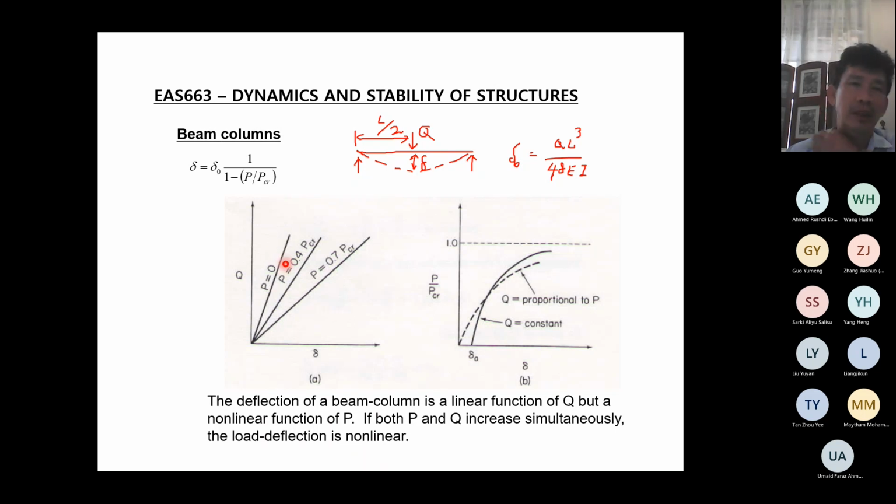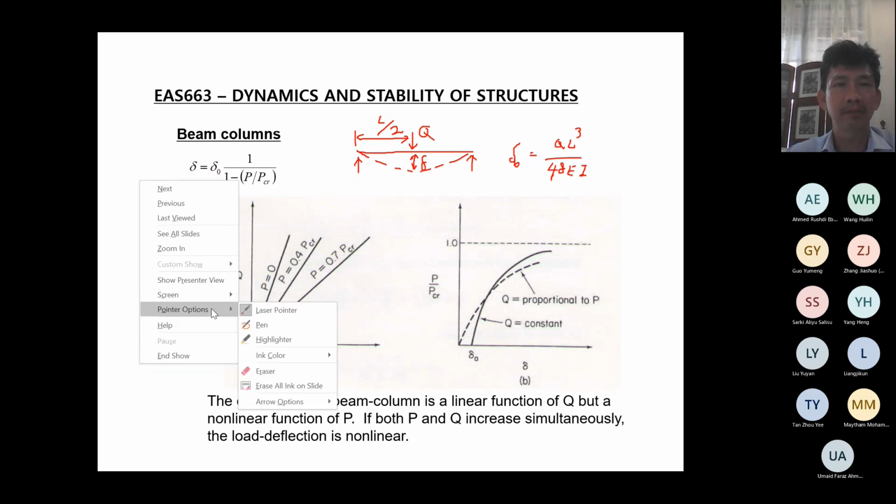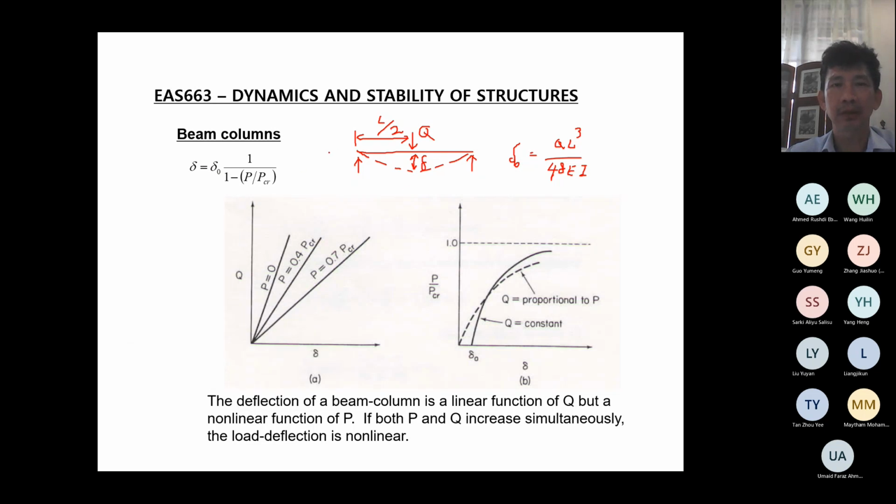So, if you look at this graph here, we can see that the slope of this graph, the slope here, the slope here, and the slope here, is decreasing. The slope is decreasing. Okay? So one of the important conclusions that we can draw from this graph here is that if a beam column is subjected to Q and P at the same time,